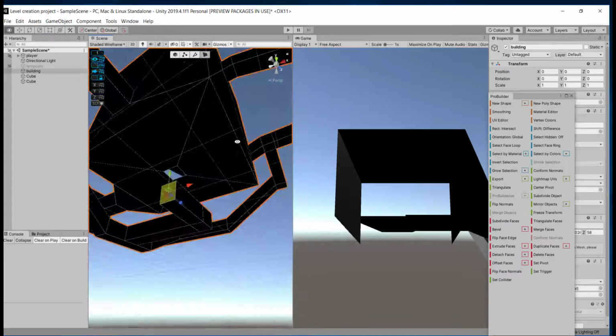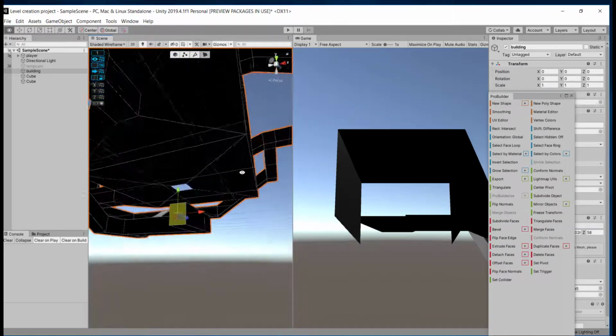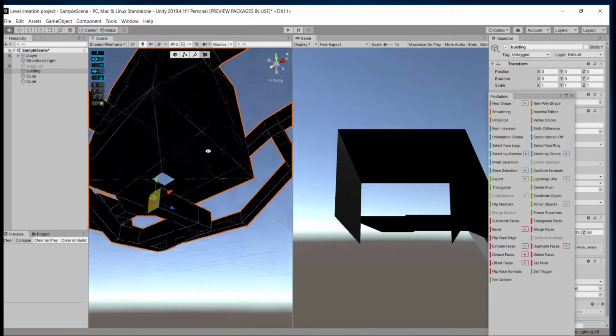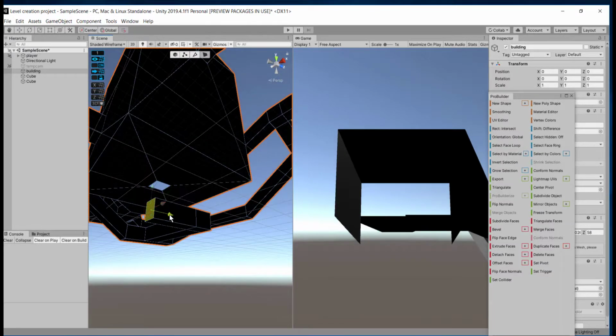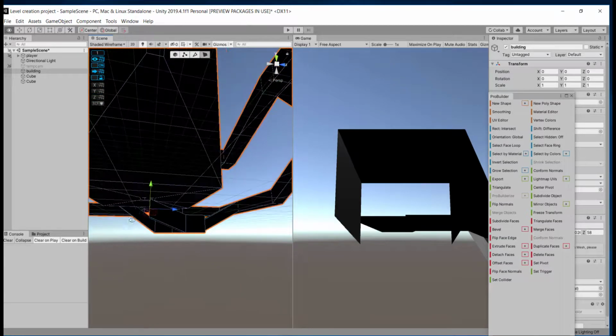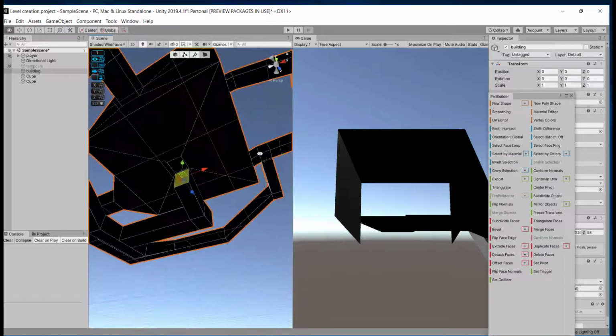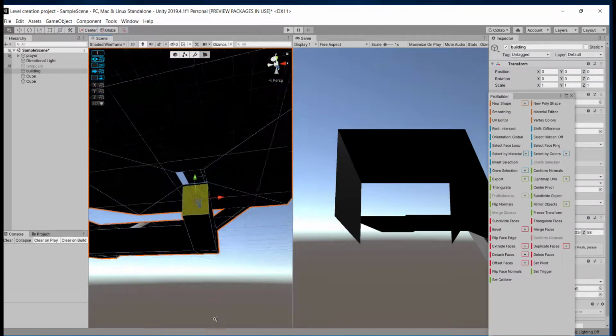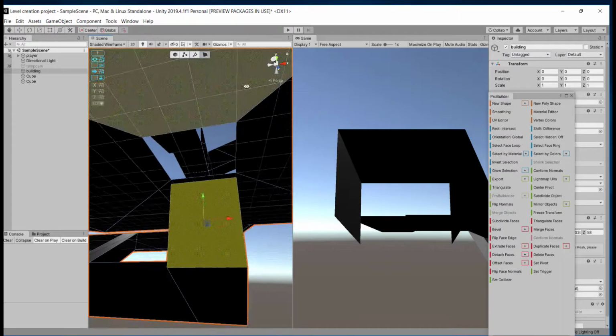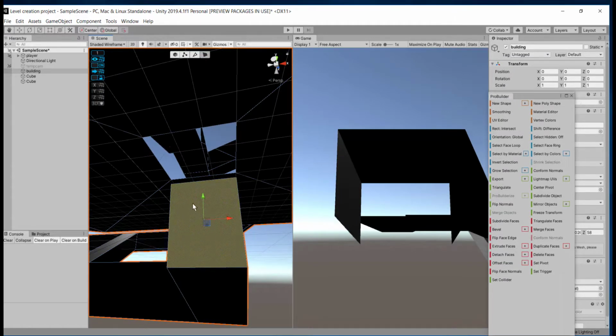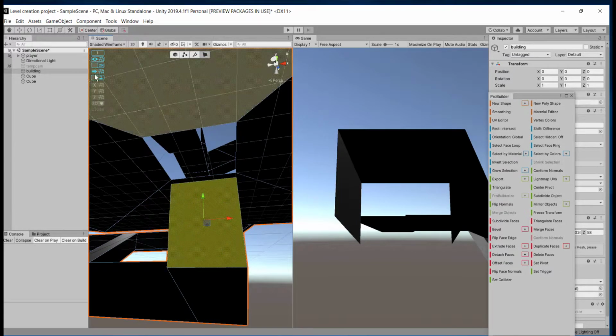Now we must connect this face with the entrance or the hole in our ground face. So we have to align this face into this position of our entrance like this. Okay, I'm noticing a small gap between this face and the entrance which should not happen.